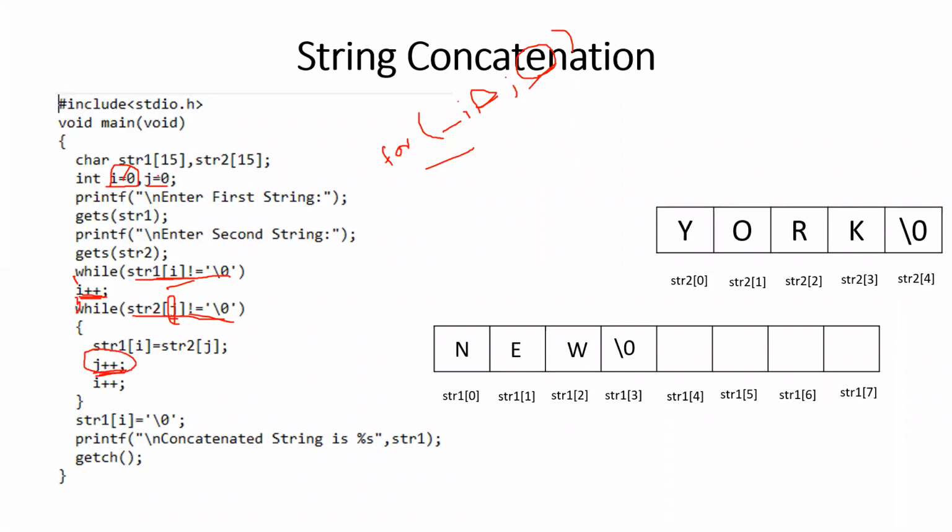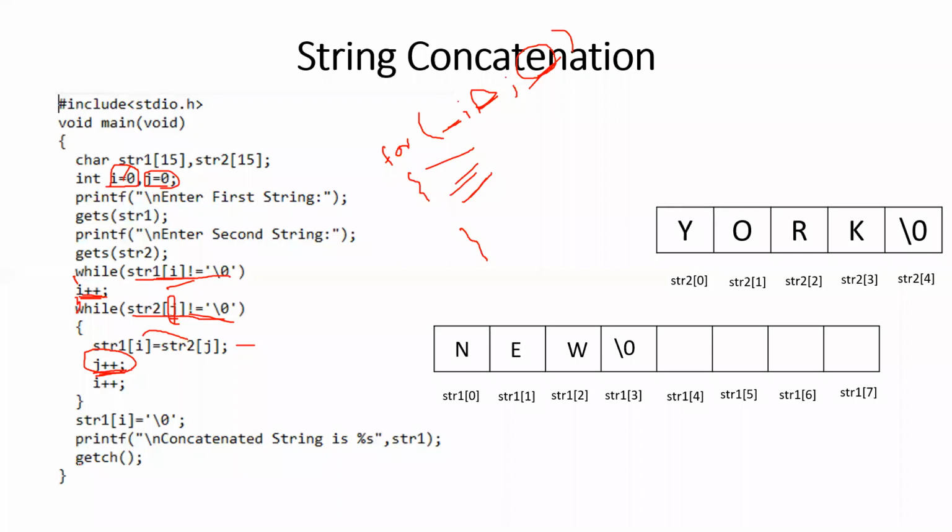Understood? So here also, if we are converting this into a for loop, you will be giving j equal to 0 as the first part, str2 of j not equal to the null character as the second part, and j plus plus as the last part. And whatever lines are given over here, if str1 of i is assigned str2 of j, will be given within the statements to be executed. Even i plus plus you will be giving over here. Understood? So this way you can convert a for loop program into a while loop program.